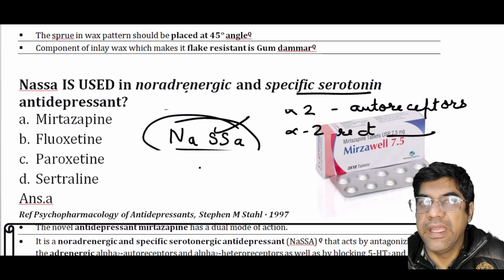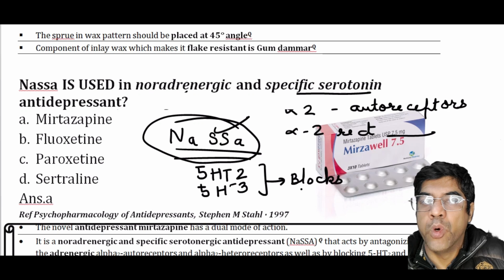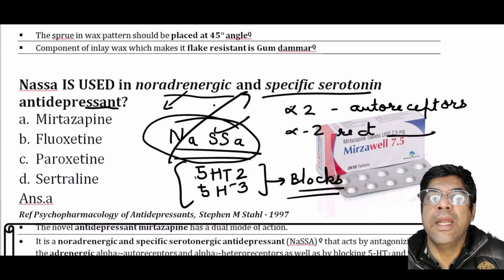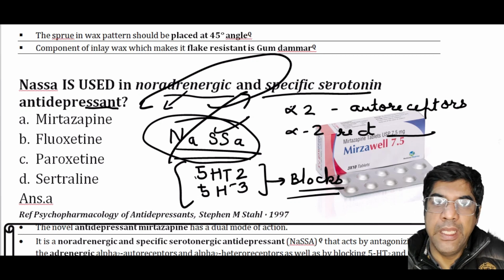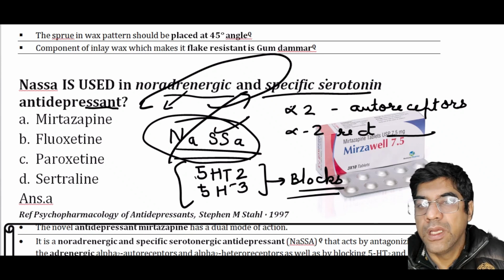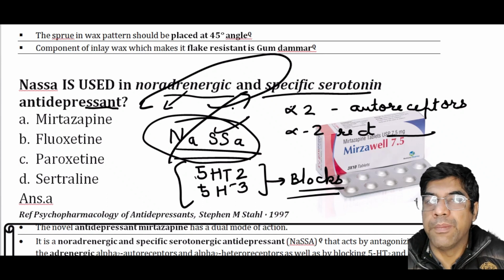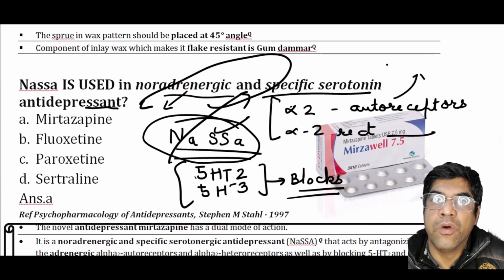Additionally, it blocks 5-HT2 and 5-HT3 receptors. So the dual mode of action contributes to the antidepressant effect. So mirtazapine has a unique dual mode of action. It acts as both a noradrenergic and specific serotonin antidepressant. By blocking the alpha 2 adrenergic receptors, mirtazapine increases the release of noradrenaline,